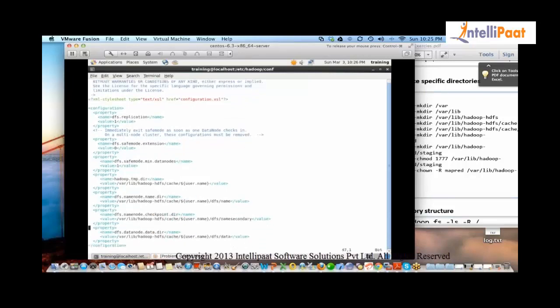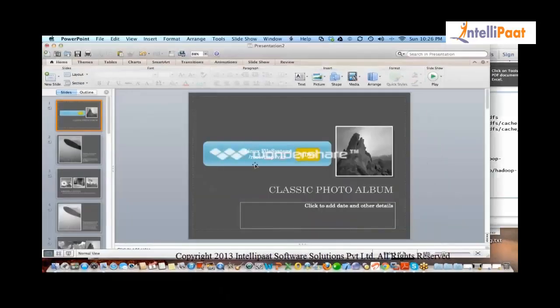Now this particular setting is where you decide where you will store your data on your local box. In my PPT I showed you that Unix is a file system, and Hadoop is inside it.